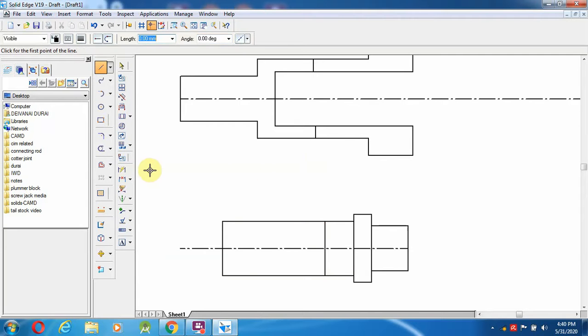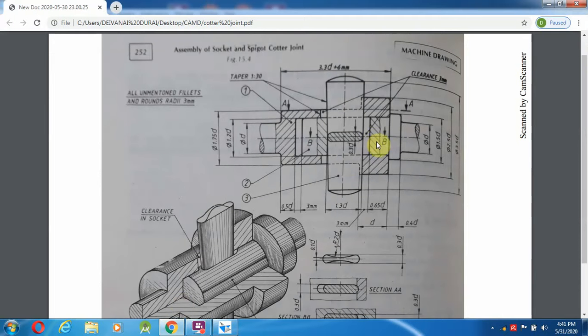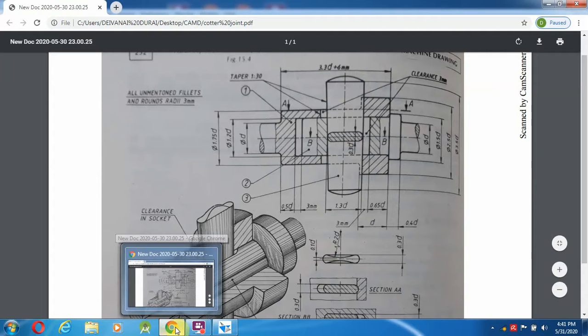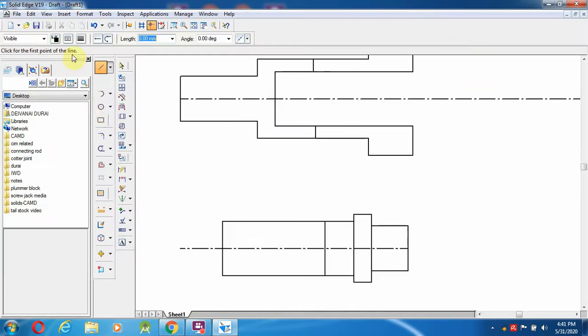Okay, so after stopping this I am going to save. Keep on saving your files. Almost we have completed everything here. Then comes to here, those lengths we have completed. So this is okay. So once you have completed this, we are trying to draw the cotter joint. So in the top they will be giving 1.3d. So 1.3d, so we are going to start with the 26 mm length. Select a line from 26 mm length.